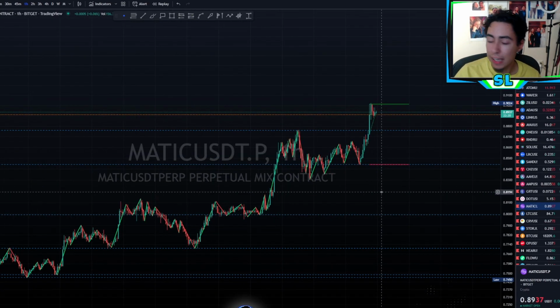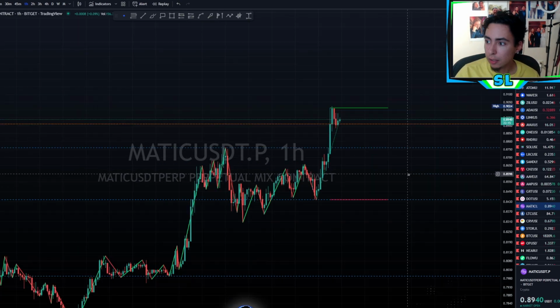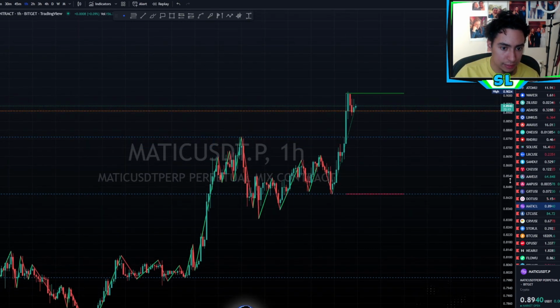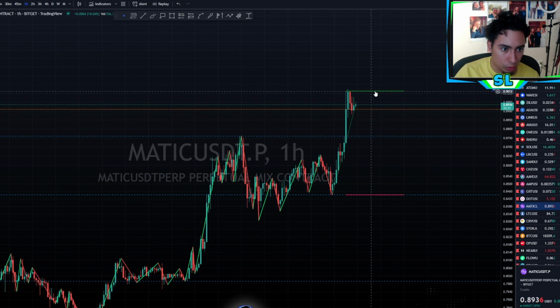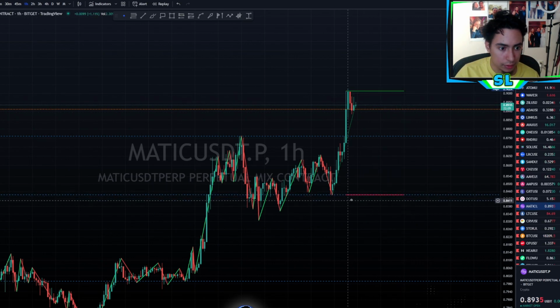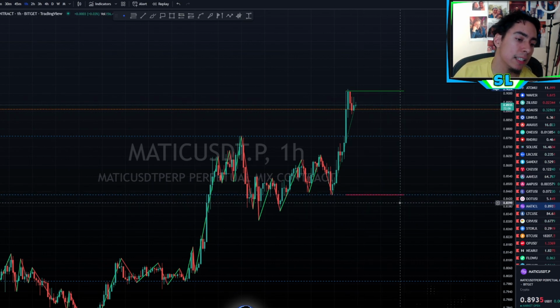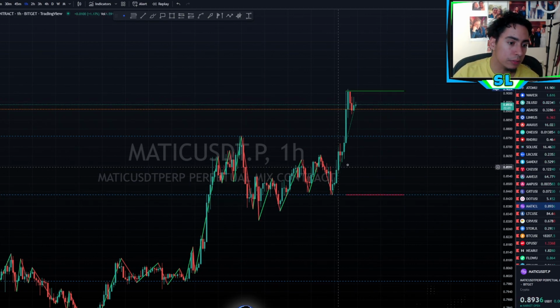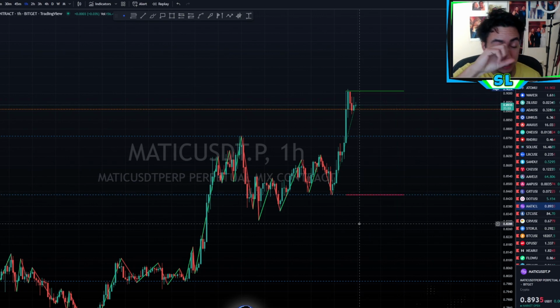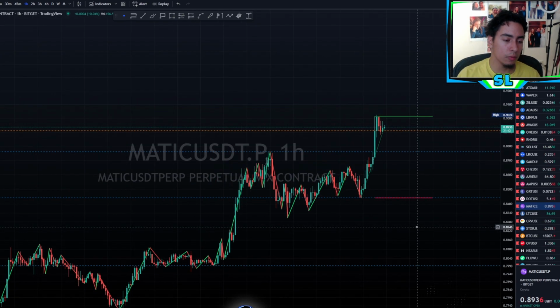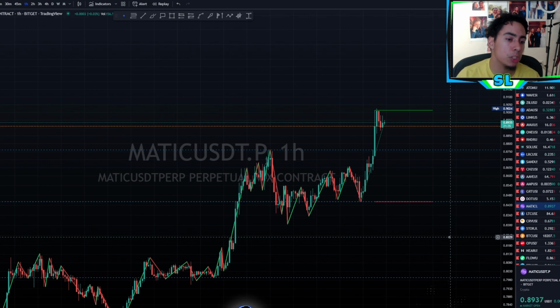Now the second element for this indicator is going to be this. I don't know if you guys can see it, but it's this green line right here and this red line. This is the previous high, which is this one, and the previous low, which is this one. I decided to add this because it is very important to keep in mind your previous day high and previous day low, because it shows you a range that we might be trading the next